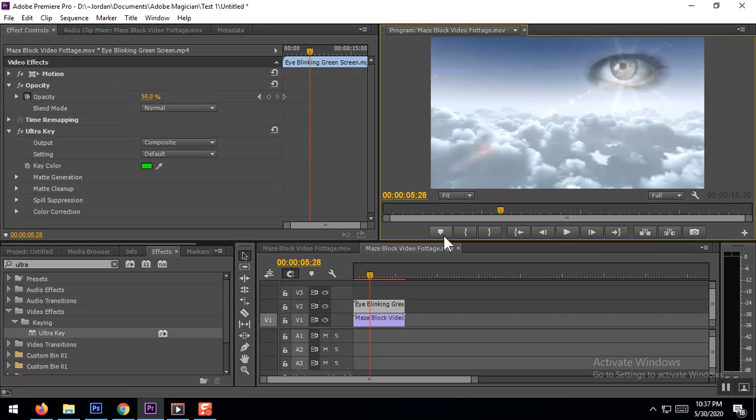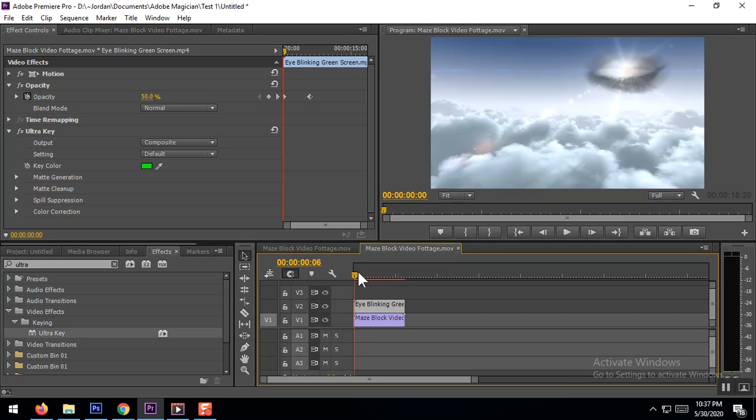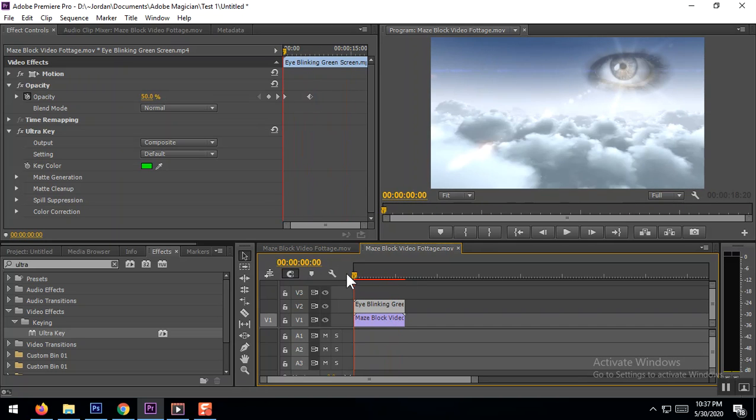So you can work with opacity with the green screen as well, but let's say we don't want the opacity, we just want it to be full on, as solid color as possible. Now if we want to add another green screen, just so we know, we need to get out of